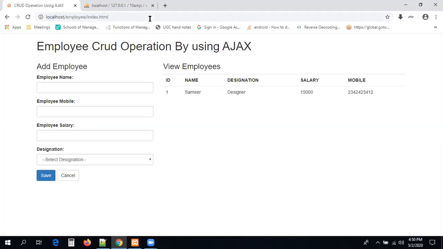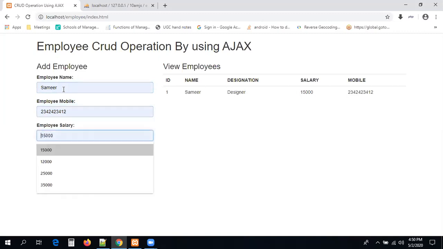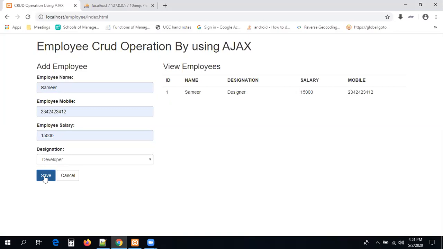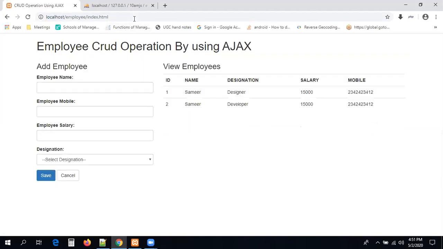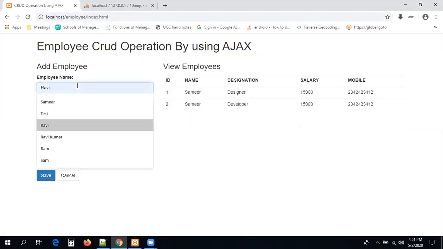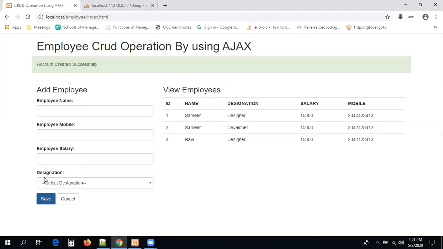Now let us see here. I'm entering some data again, one more record. Let me submit this. Earlier, data was not updated on the table, it was not populated. Now you can see the data is populated on the table. Guys, the second record is also coming automatically. Let me enter some more data here, one more record, and submit this. Our record is also coming into the table without refreshing, without reloading. This is how we can read data from the database.